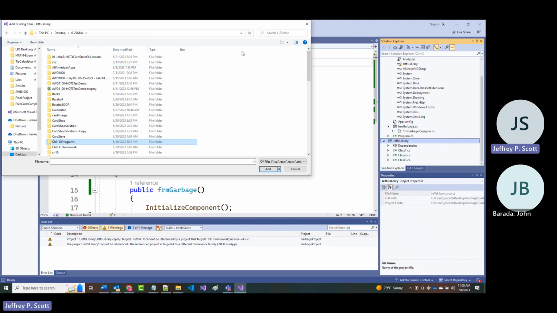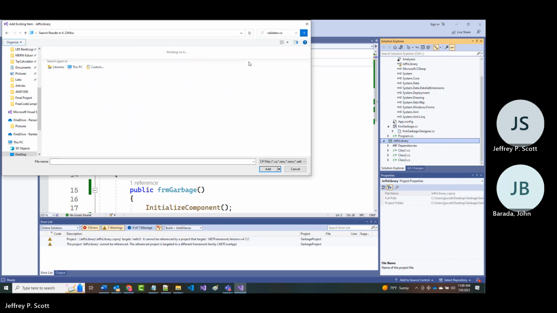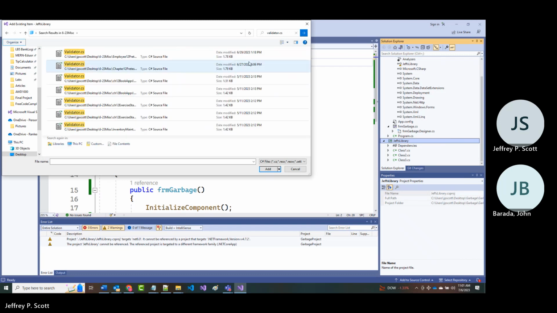Let's do it like this. Okay, there we go. All right, I'm just going to grab this validator that's right here and add it.